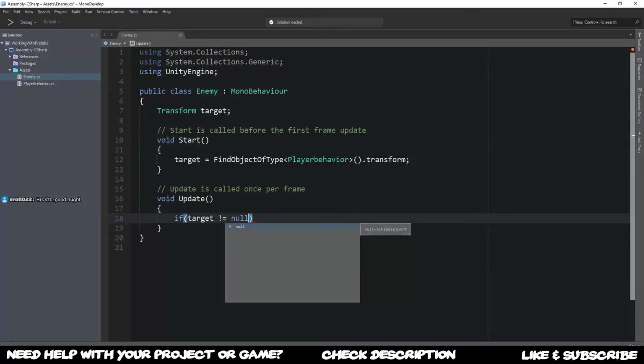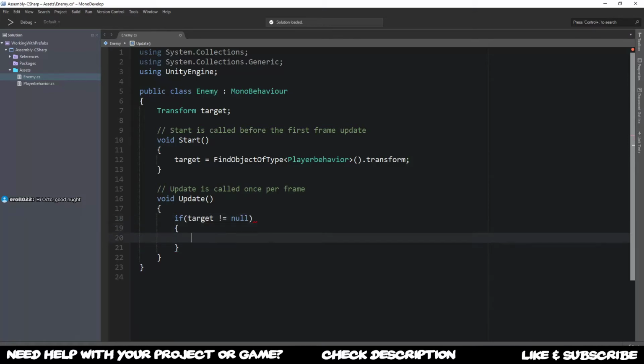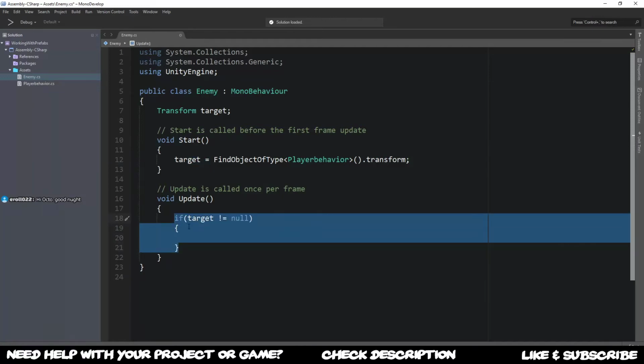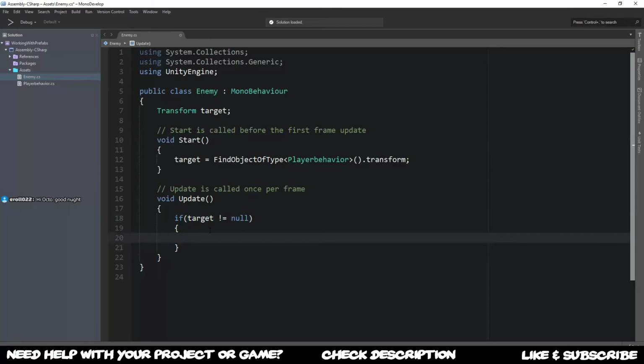We always want to protect things, like whenever we don't have a target, because that probably hasn't fired yet. We want to just not do this, and otherwise we would get null reference exceptions and so on. We want to avoid all of that. So what we now want to do is, since we know where this is and we also know where our